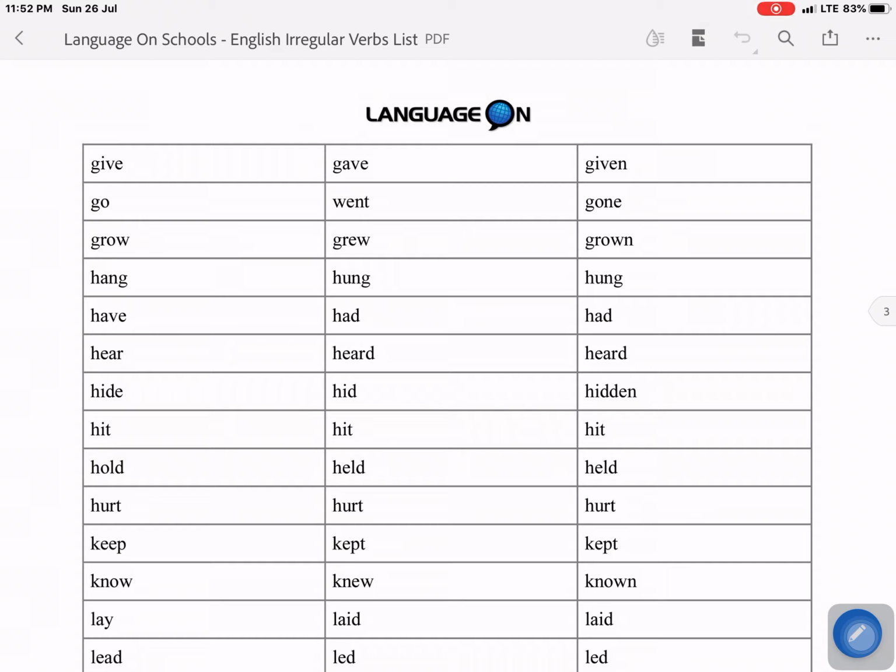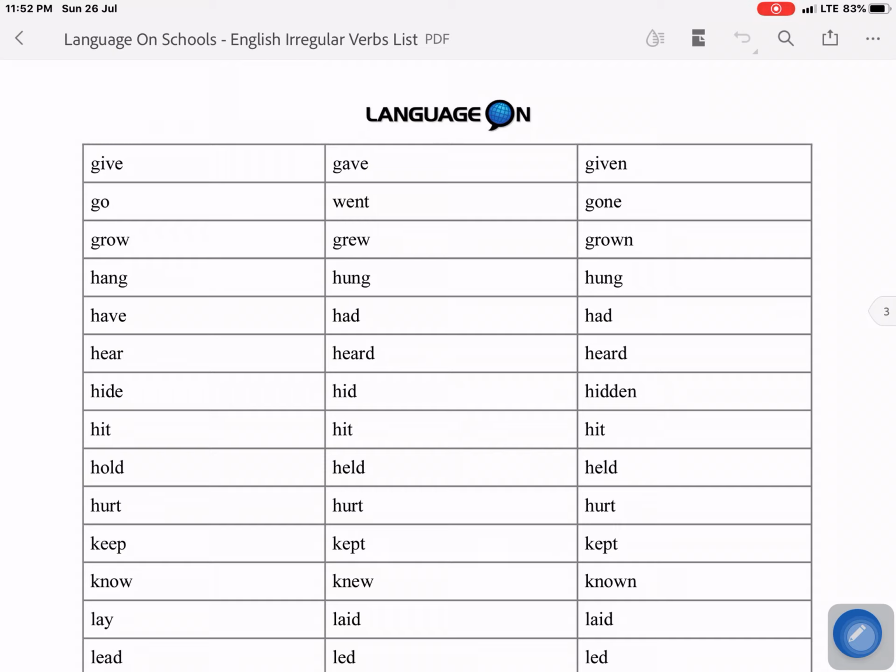Give, gave, given, giving, go, went, gone, going, grow, grew, grown, growing, hang, hung, hung, hanging, have, had, having, hear, heard, heard, hearing, hide, hid, hidden, hiding, hit, hitting, hold, held, holding, hurt, hurting, keep,